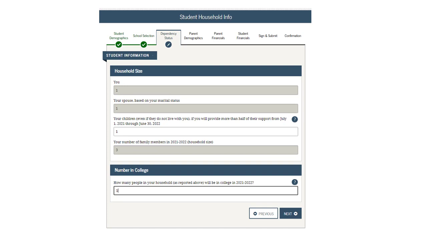Based on the previous questions, the household size has been calculated, including the student and the spouse. The number of children who receive more than 50% of the independent student support will need to be added. The total household size is blocked to be calculated by the system. Once that is done, the number in college should be updated as well. It should include at least one, the student, but can be adjusted for more should this independent student have others also attending college, such as a spouse or children.